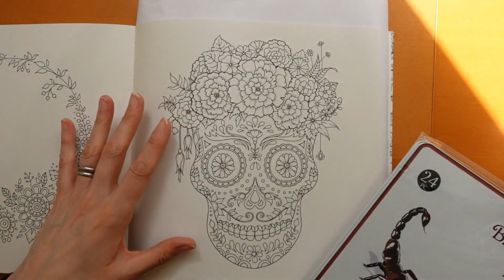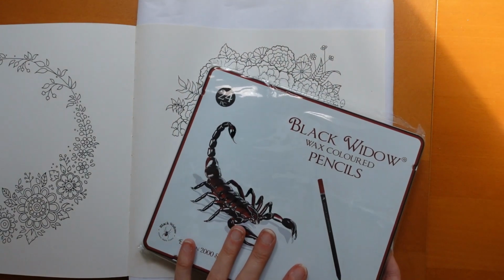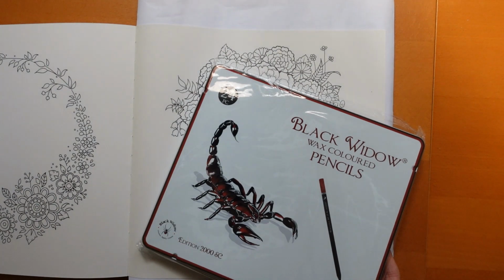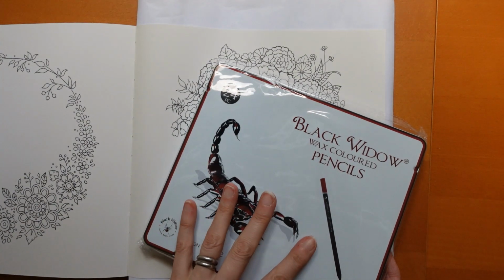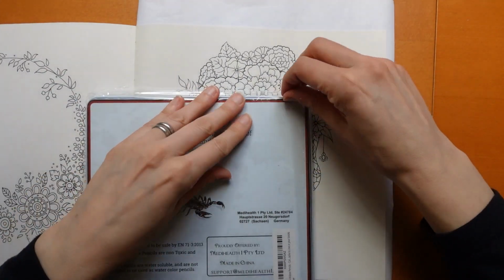So I might supplement, because often the Black Widows, like the first set's got the white and black in, there aren't white and black in any of the other sets, so I think often they're supposed to sort of supplement each other. But anyway, I'm really excited to get it open, so let's undo the